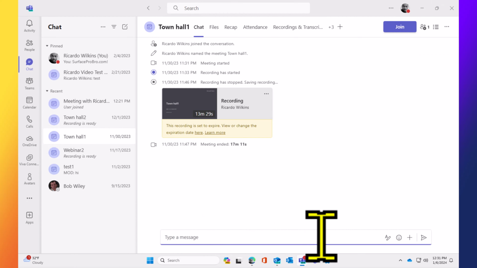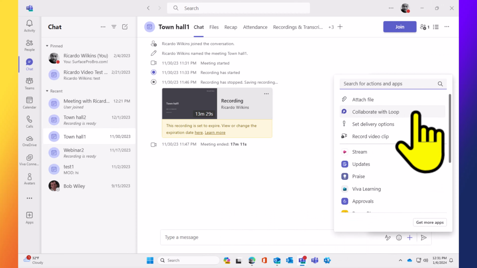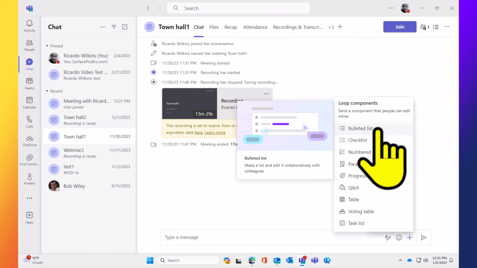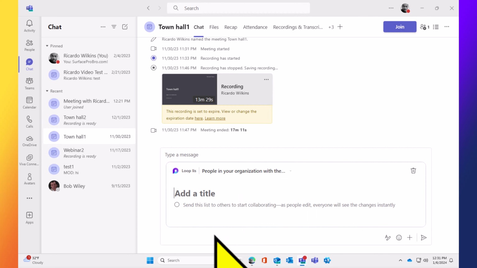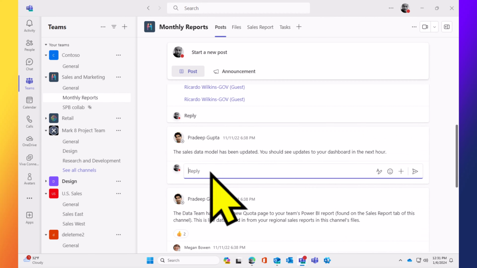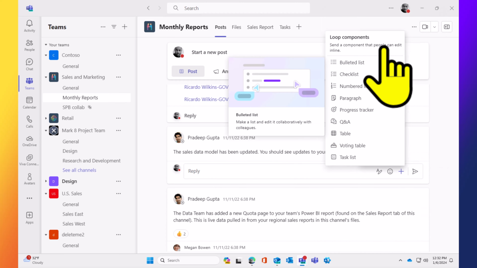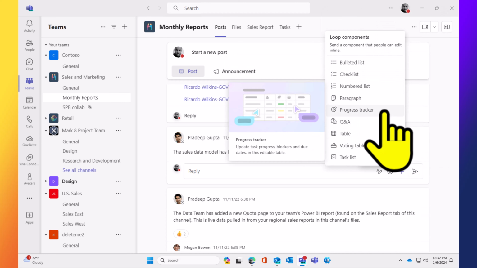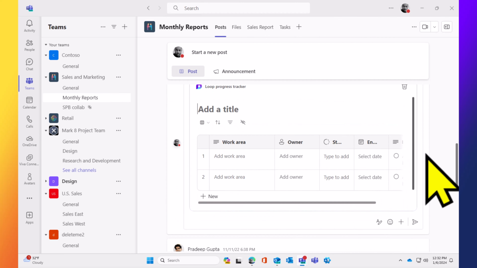Yes, I agree. Loop has many places it needs to appear in an org, like you said, in chat or in Teams, and in one-to-one chat versus channel chat, as a singular component. There's a Loop workspace. There's a whole bunch of Loop things that need to roll out. And I've seen it come and go in the GCC environment, and I'm not sure what's up with that rollout per se.